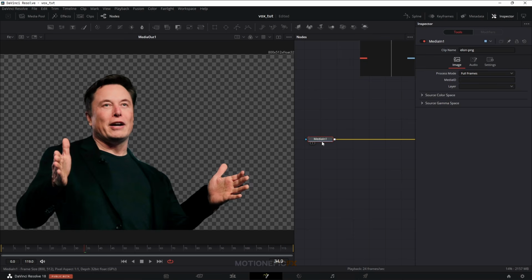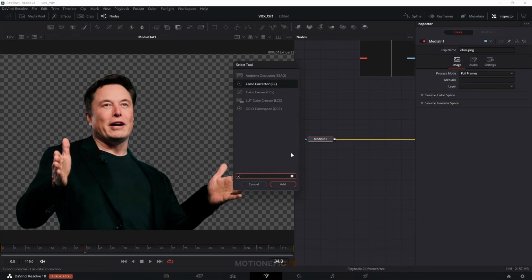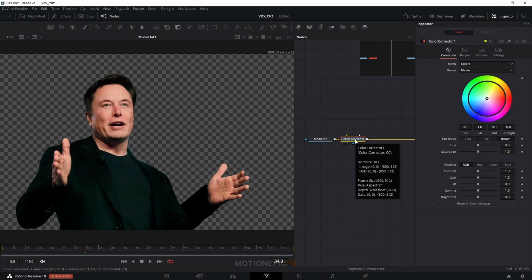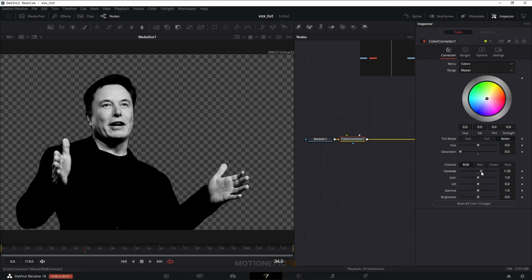And here I just want to, after this media in one, add in a color corrector node. Type in CC and click on add. And on this color corrector node, I'm just going to reduce the saturation and change the contrast and other settings such as lift probably, and you can change the gain amount as well. Just try to make it kind of dramatic, and I think that looks fine, so I'm just gonna leave it